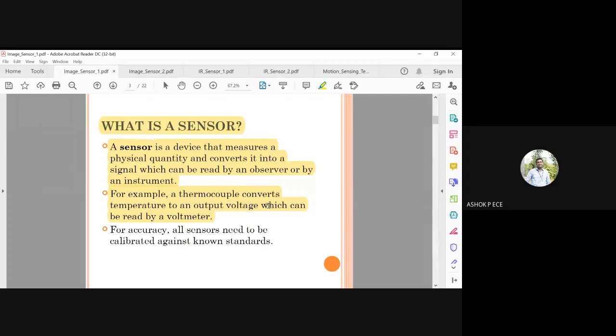With this, I can convert the temperature into voltage and read it with a voltmeter. The voltmeter will clearly say how many volts I have, but it will just say 2 volt. But what is the information conveyed by 2 volt? Only when you understand the working of the thermocouple will you know what the 2 volt is equal to. The difference in temperature is multiplied by some constant value, and that total multiplication gives 2. So this is how a sensor works. For accuracy, all the sensors need to be calibrated.